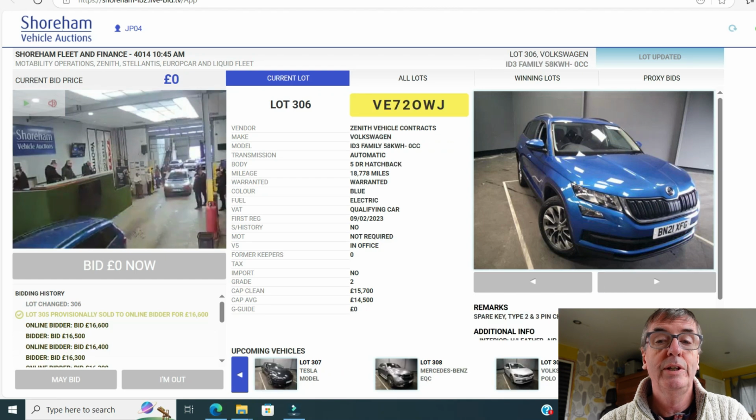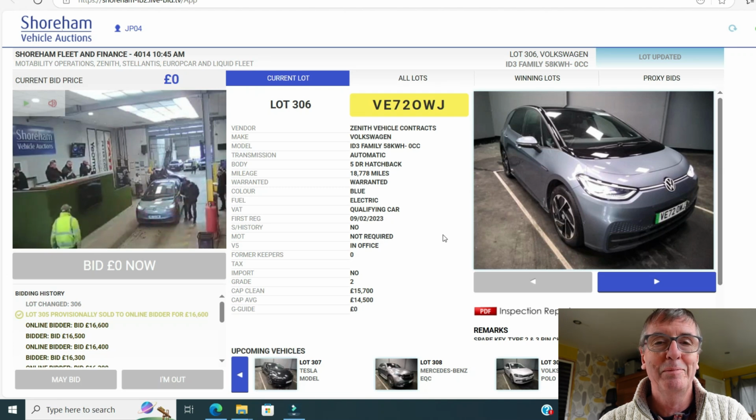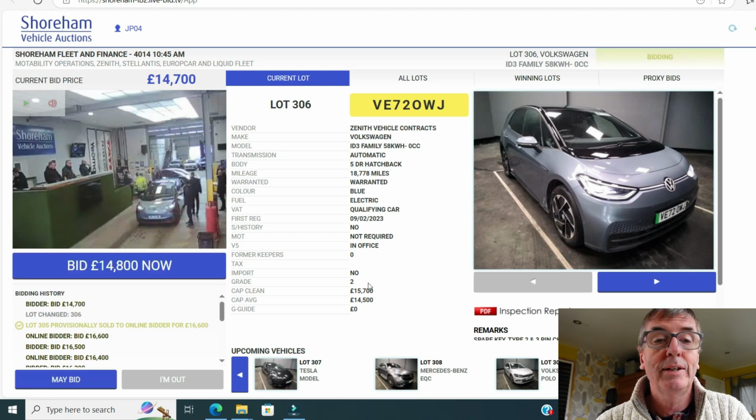It's ID3 time. Lot 306. My friend in Birmingham, whose name I've forgotten, which is really bad, has asked me about this. 72 plate, 18,000 miles,